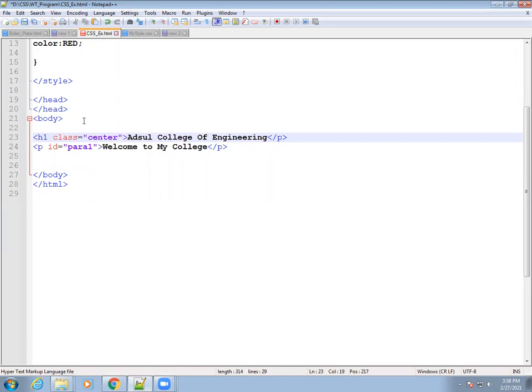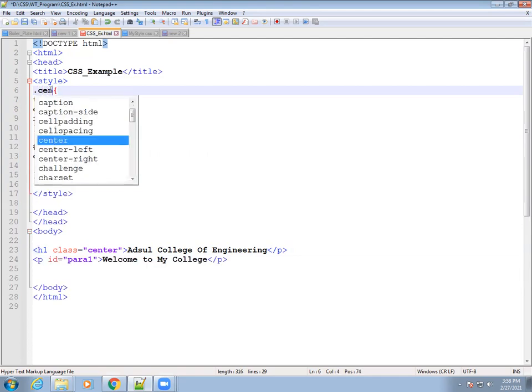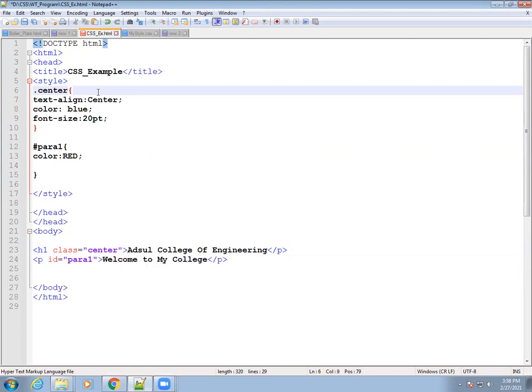Now we will use that center class in our CSS. When we use center, we initialize it with a dot. So dot center, and in that center we already mention other attributes like text alignment, color, font size, etc. I want to change that part.